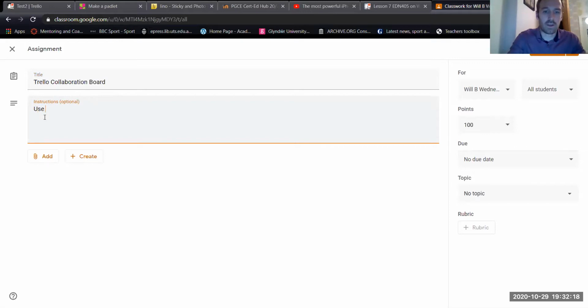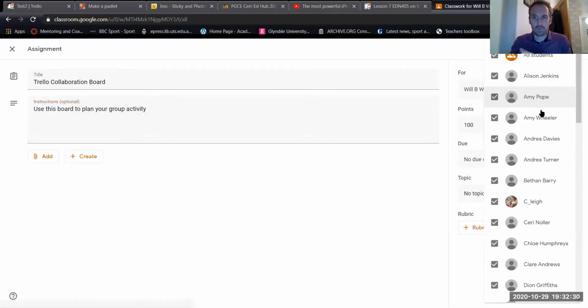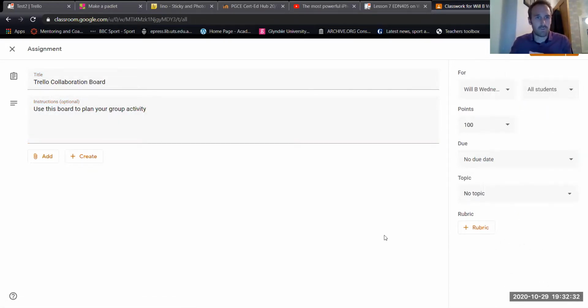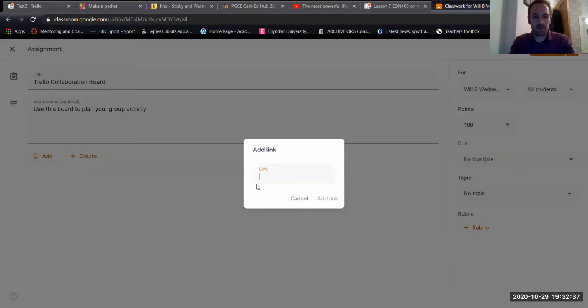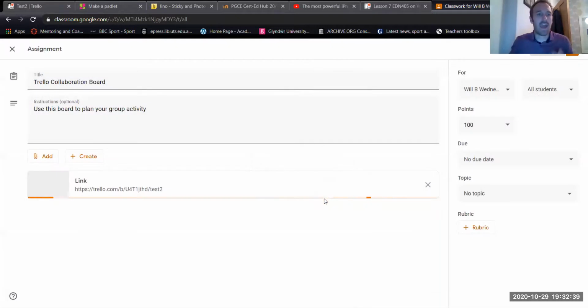So say use this board to plan your group activity. Now, the good thing about doing this is I can create 3 or 4 of these boards and then delegate a different board to each of the students in my classroom. All I do is I go add, there's my link, I paste the link and I add that in. So I can create a template using Trello, I can then put it on Google Classroom and I can assign